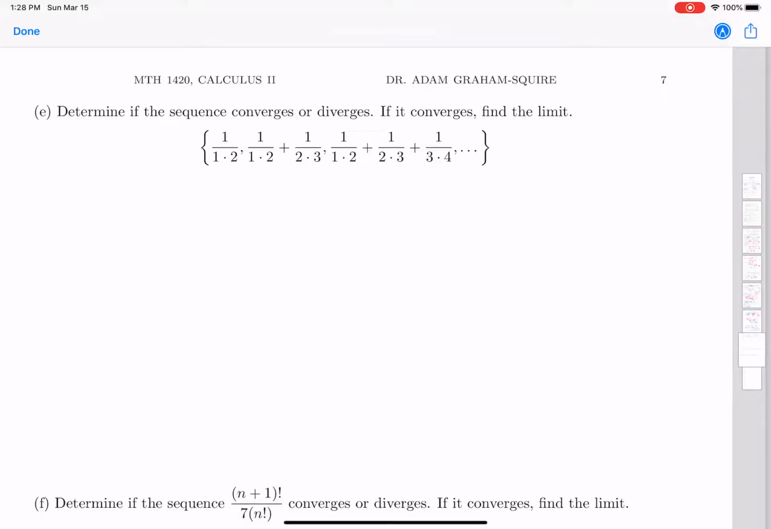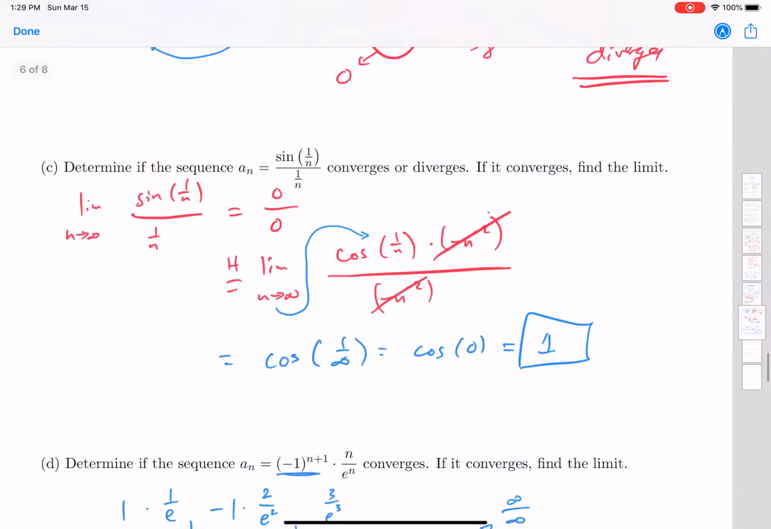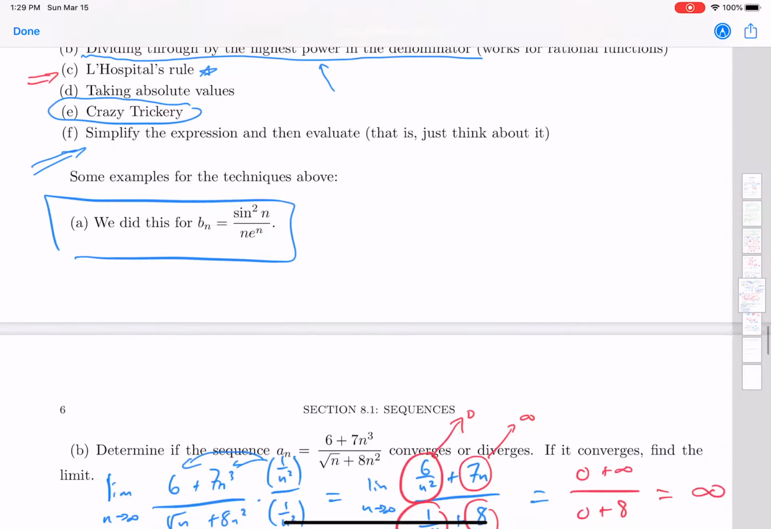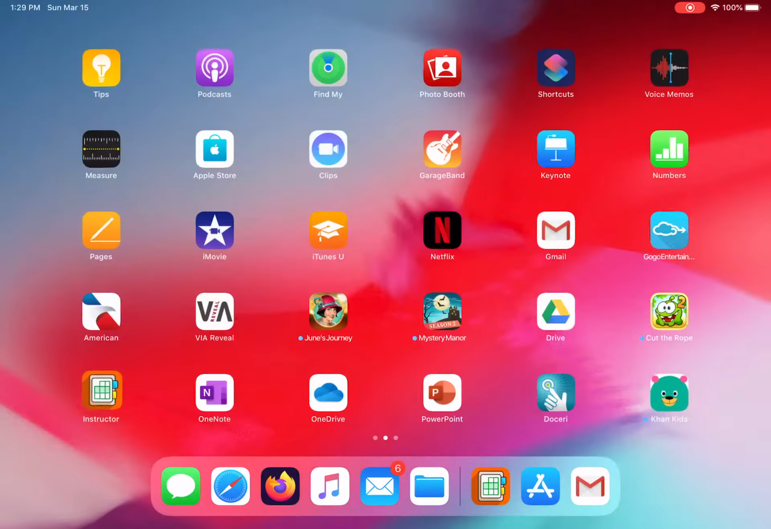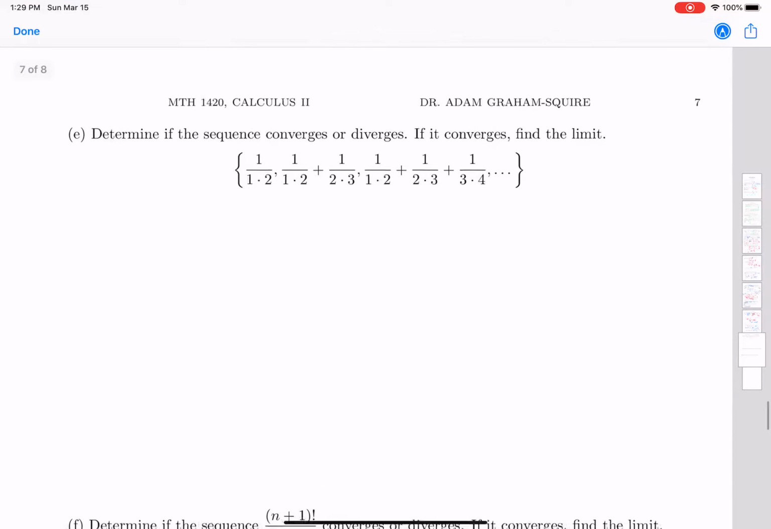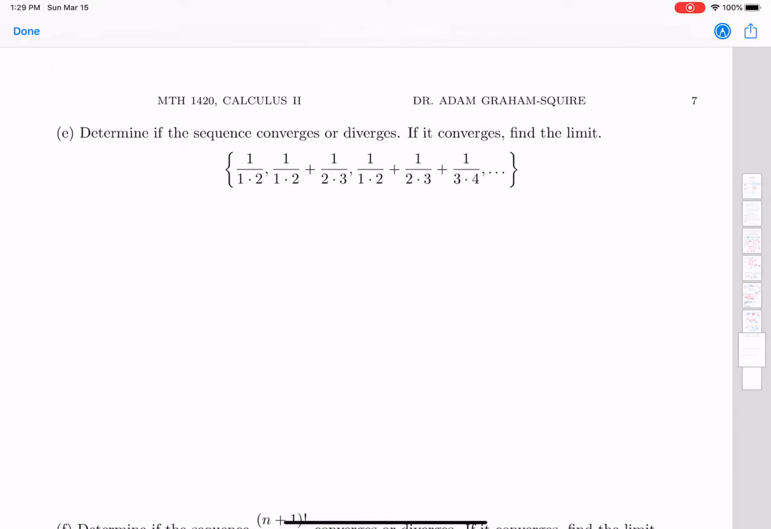And the method we're going to use here is what I call, what did I call it? Some form of trickery. Crazy trickery. So how can we use crazy trickery to determine if this sequence converges or diverges? So the trick to this one is,